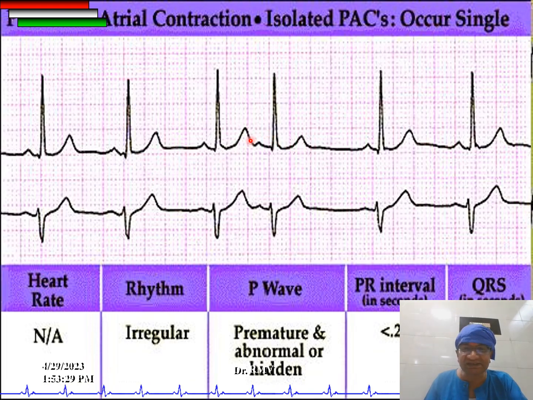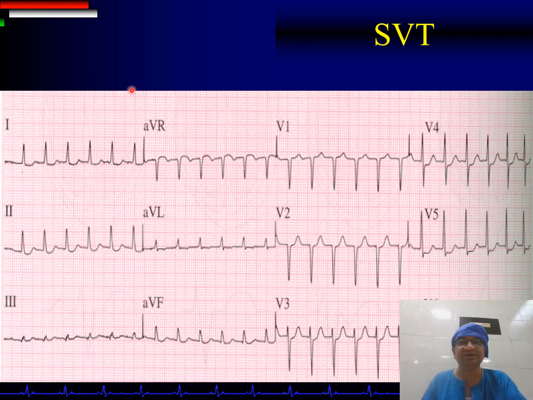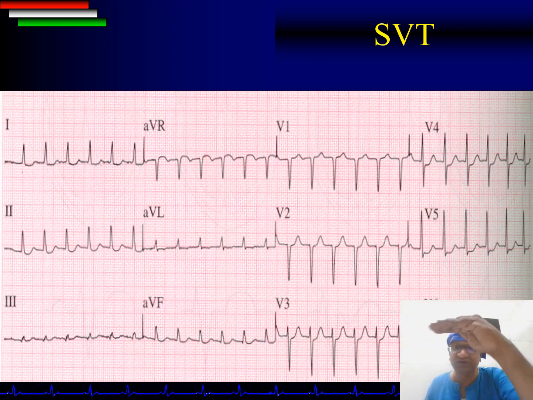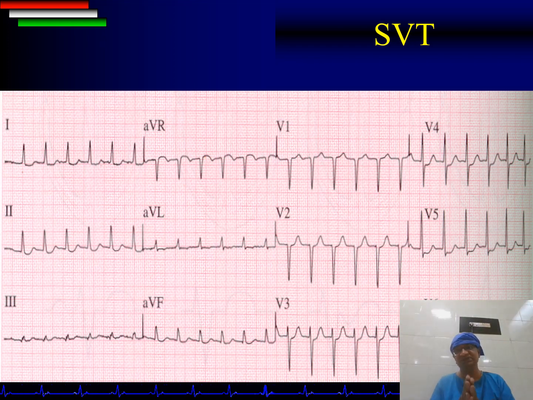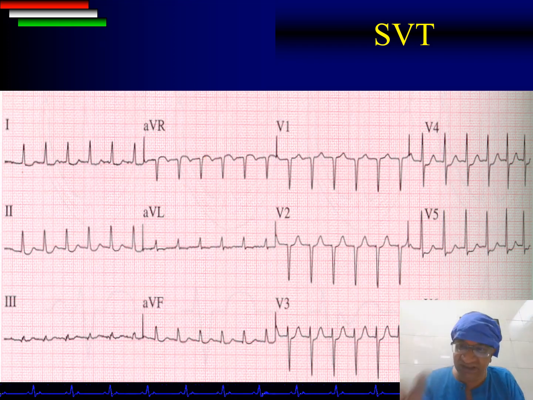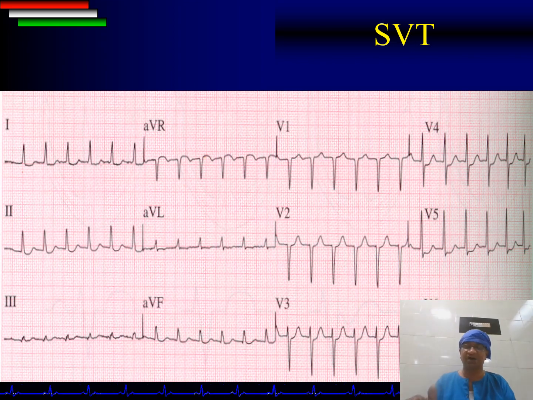Premature atrial contraction is coming like this, followed by a compensatory pause. This is SVT. SVT is what? More than 150, and we don't have P waves. But the QRS complex is normal. It is not wide. If you have an SVT with LBBB, then it is possible that you have a wide QRS SVT. Usually ventricular tachycardia is wide QRS. SVT is narrow QRS. But if you get SVT in the presence of bundle branch block, then you can have